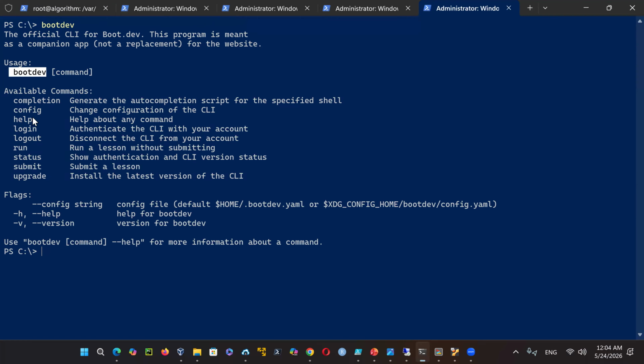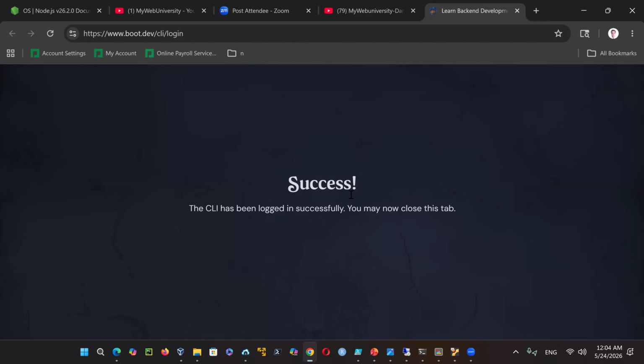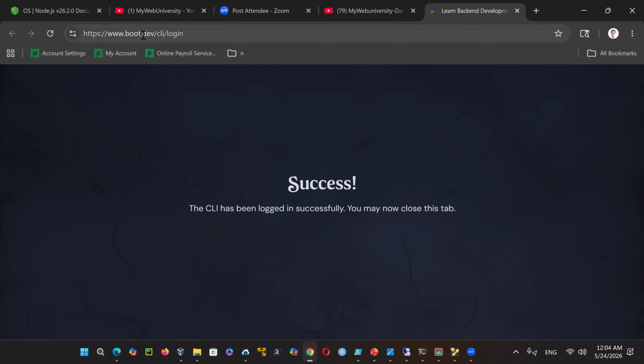For example, if you want to get help on it, or upgrade it, or log in, in this case I'm going to just run boot dev login. Since I have already opened a web browser, notice it shows me login is successful, because originally I created my account on